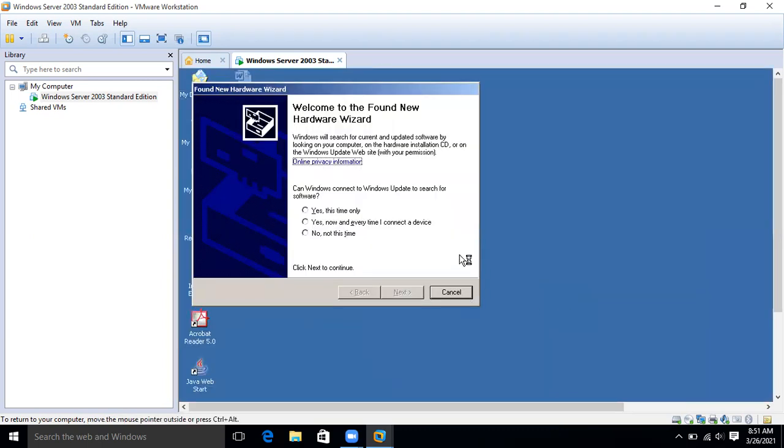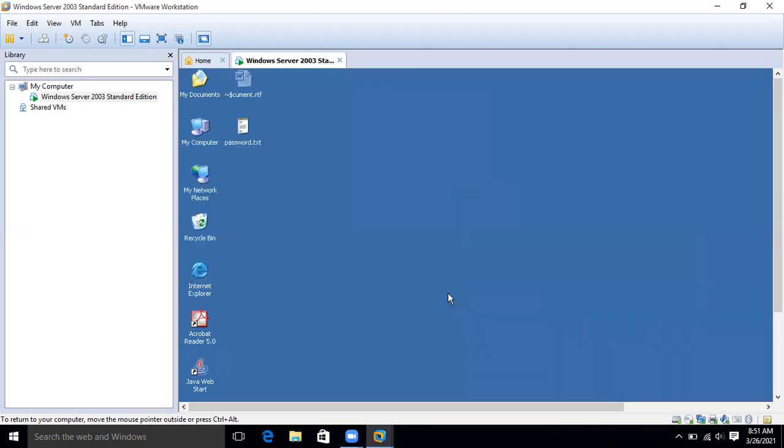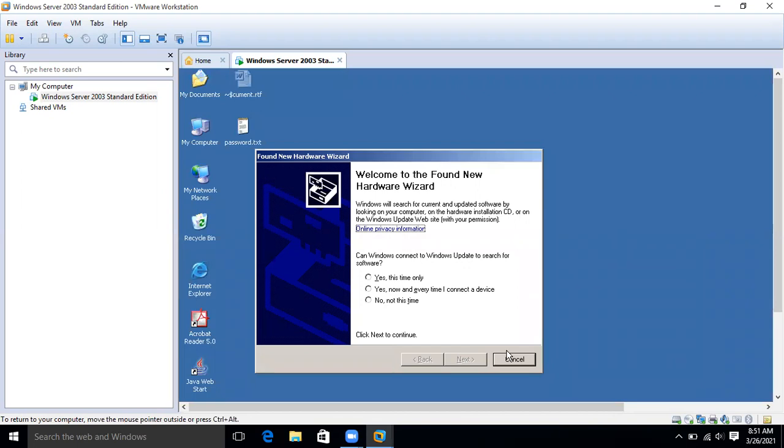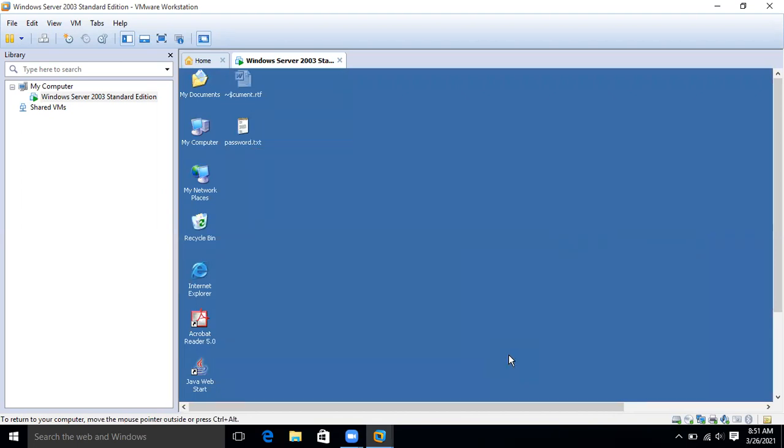You will get a pop-up like this. This is not required, just cancel it. If you get it again, cancel it again. This is how you open another system. If you place your cursor here, somewhere here, you will get a